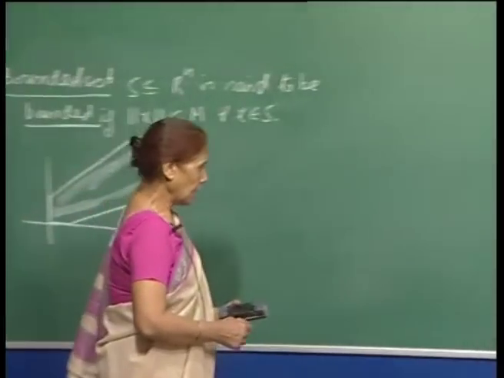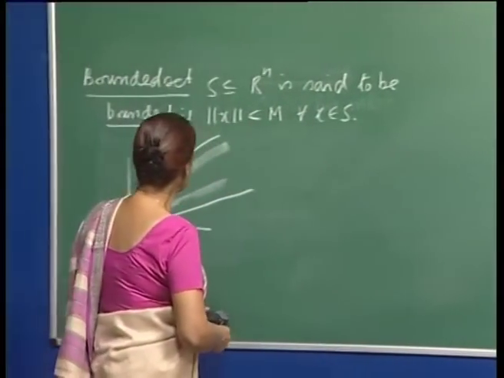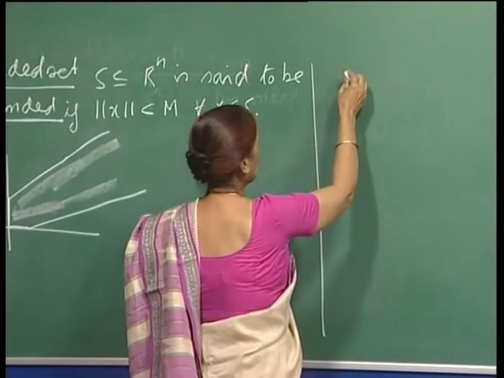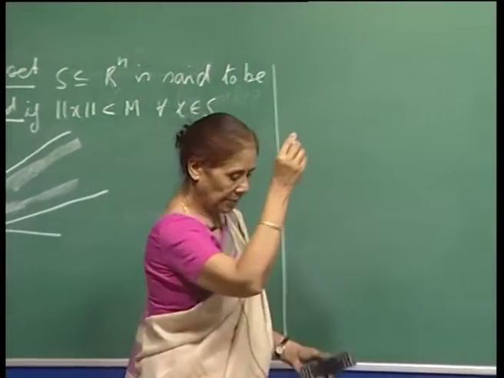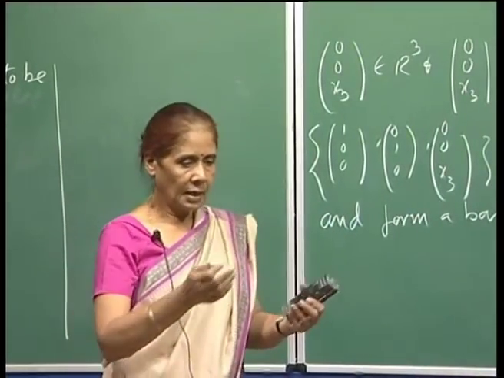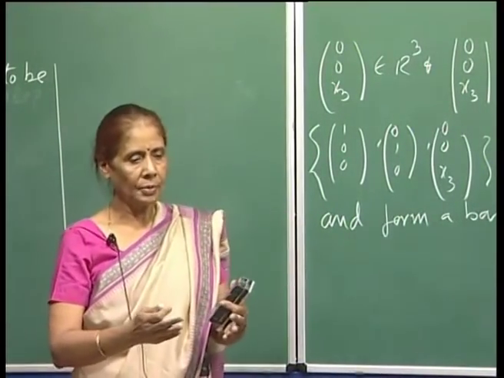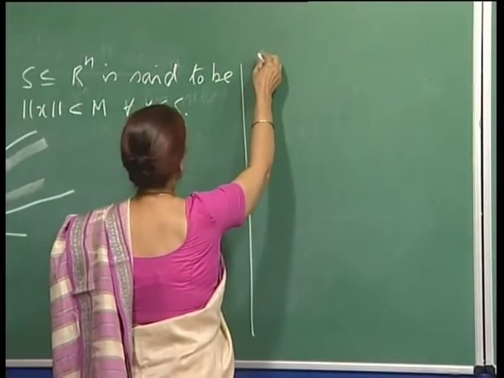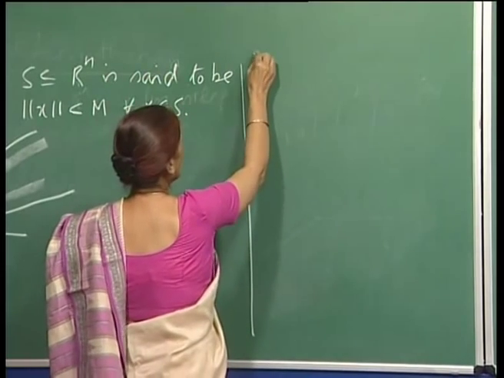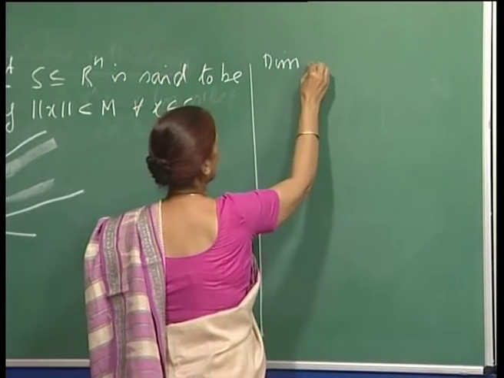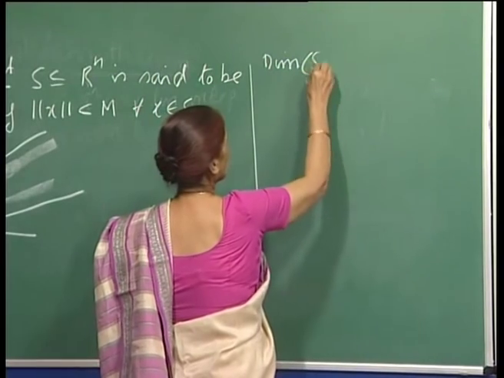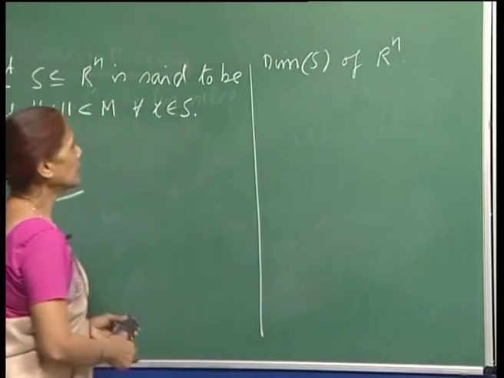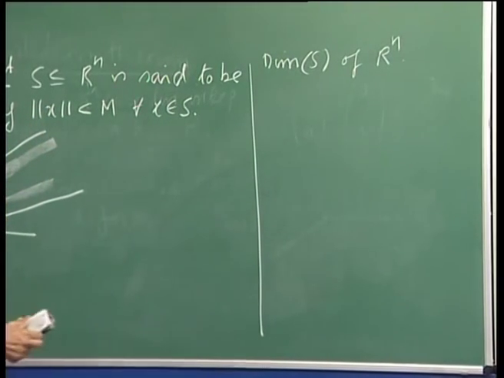Okay. And now let me go on to the next point that we want to make. Remember all my definitions and results are such that they relate somehow to my linear programming problem. So now let me define the dimension of a subset S of Rn. So the idea here is,